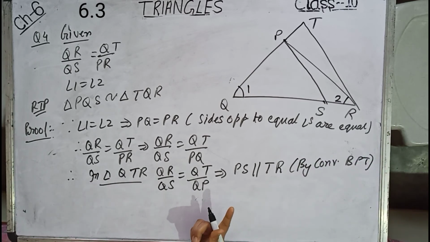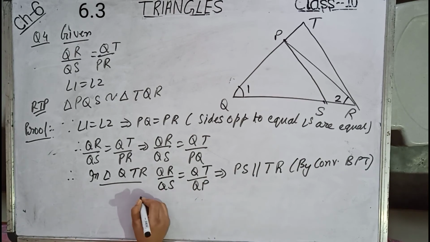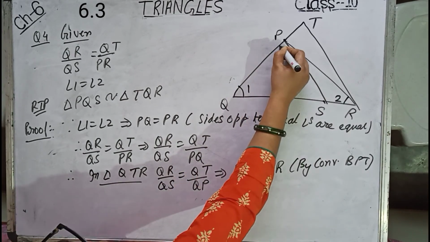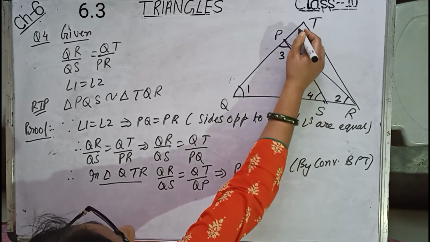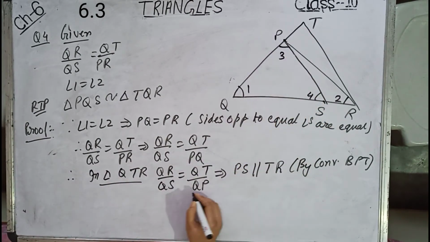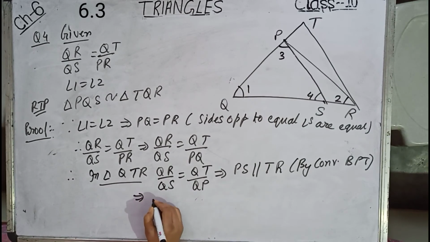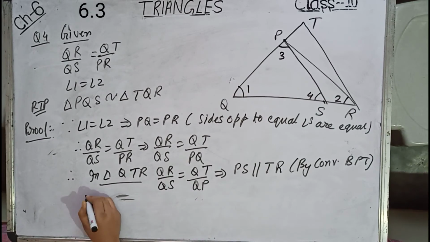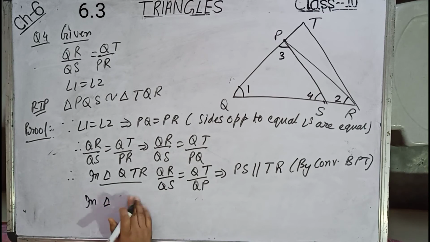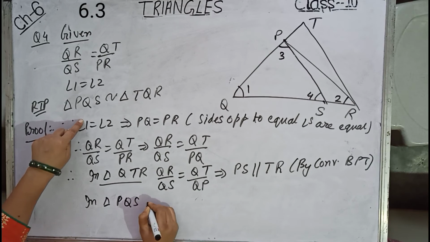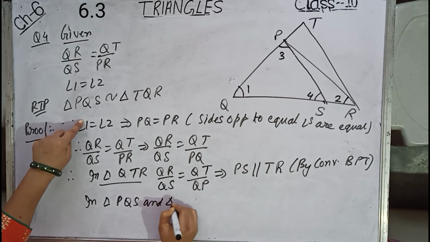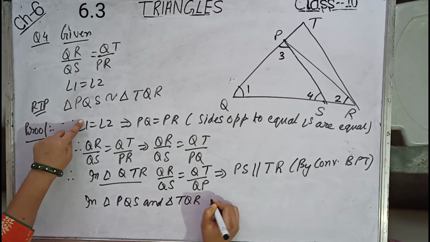Now, if these two are parallel, we can say angle 3, angle 4. This implies in triangle PQS and triangle TQR,